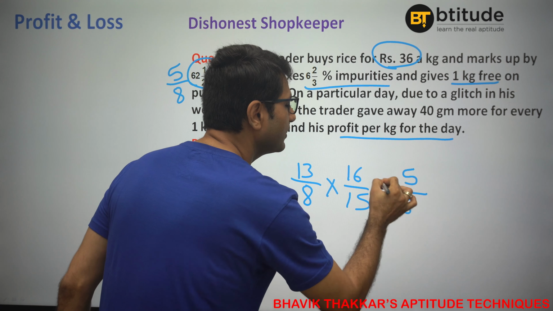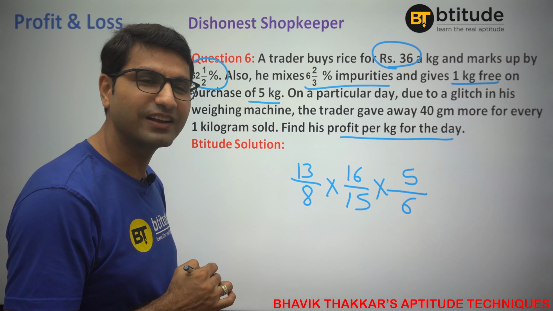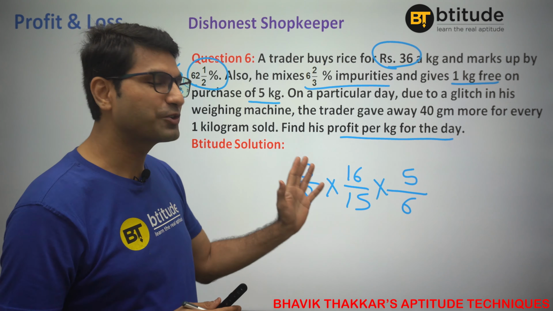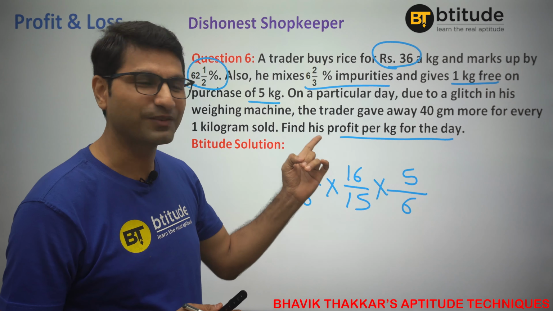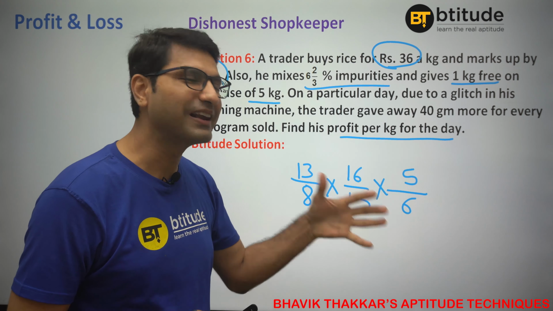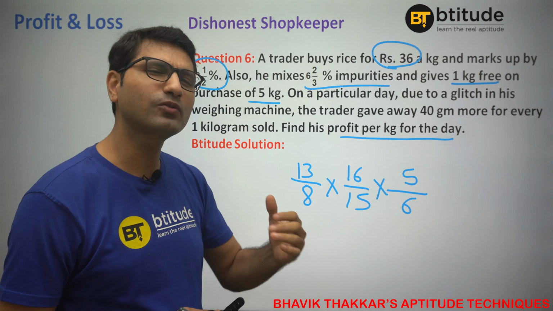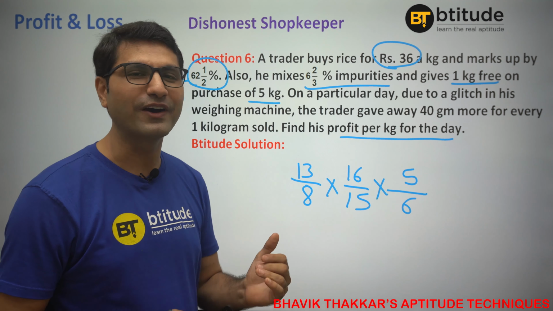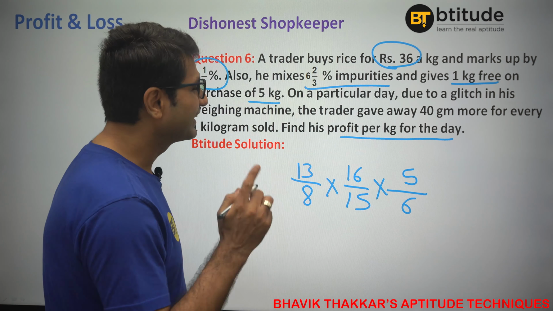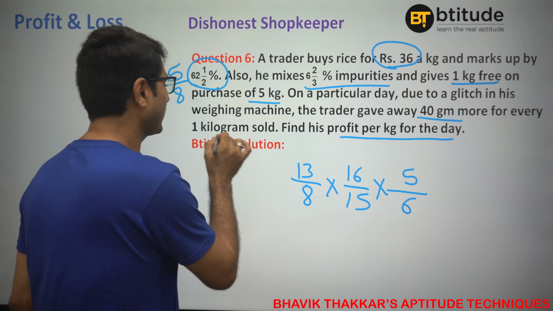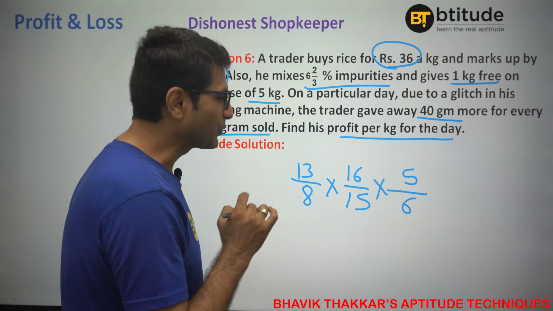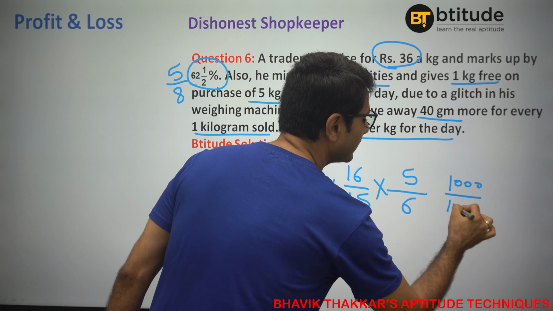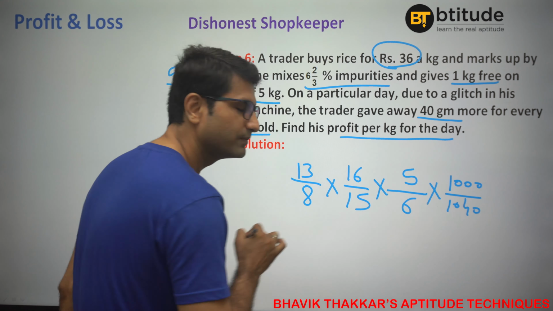But you are going to get money for only 5 kg. Fair enough. But now what is happening is he is trying to be very smart, but God is very smart there as well. So he made some glitch in his weighing machine. Because of some glitch, it is not functioning properly. It is malfunctioned, and because of that, it is giving 40 gram more for every 1 kilogram. So actually, he is getting only money worth 1 kg, but he is giving away 1040 gram, right?